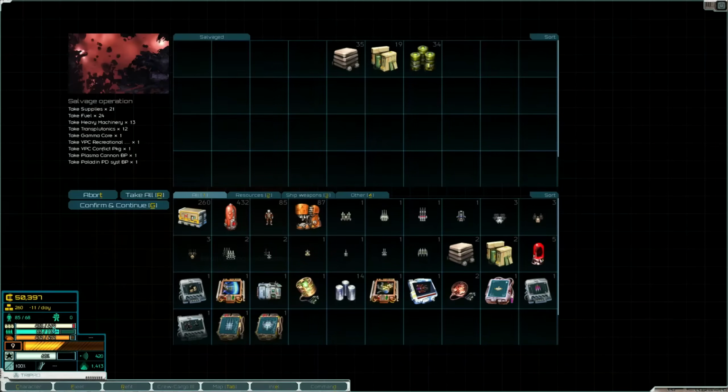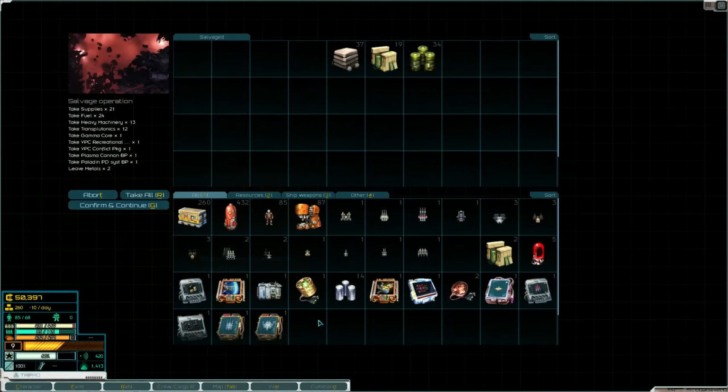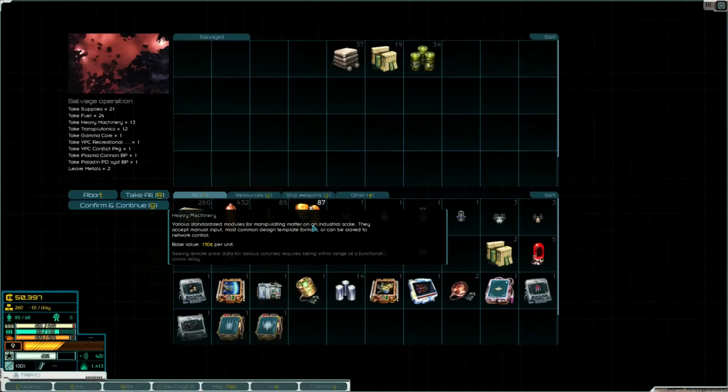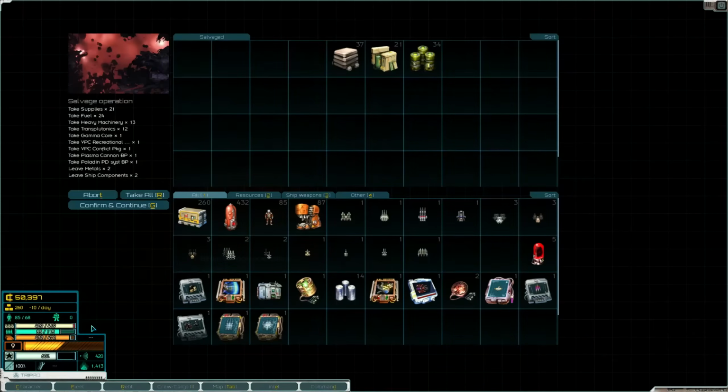Now we are over on cargo. So let's drop our metals. And I'm going to drop our ship components as well. They're 120 each. I think they're still worth... I mean, we've got 87 heavy machinery, but... Yeah, actually heavy machinery is worth more, so we'll dump these. We're slightly over. I think we can just eat the extra, and we'll just...